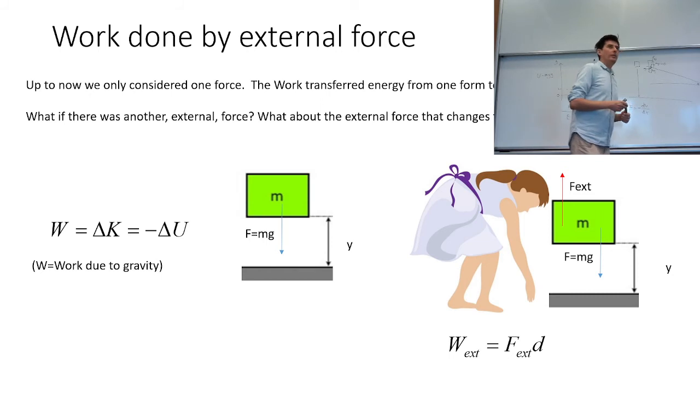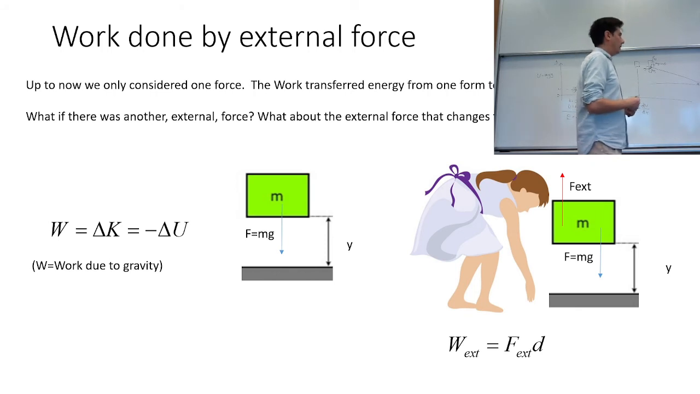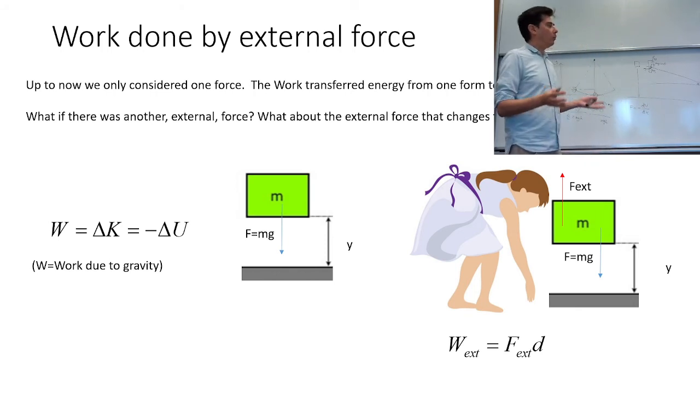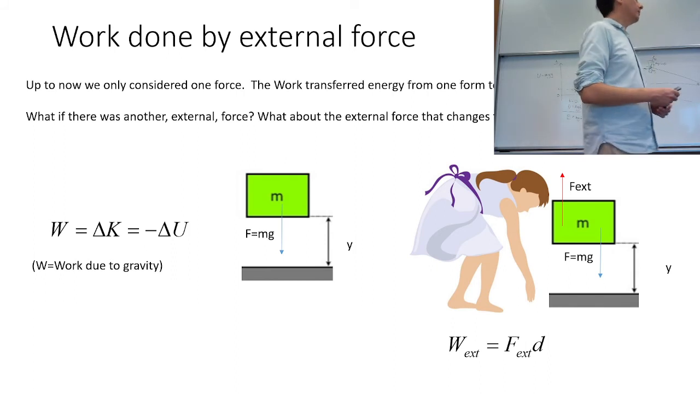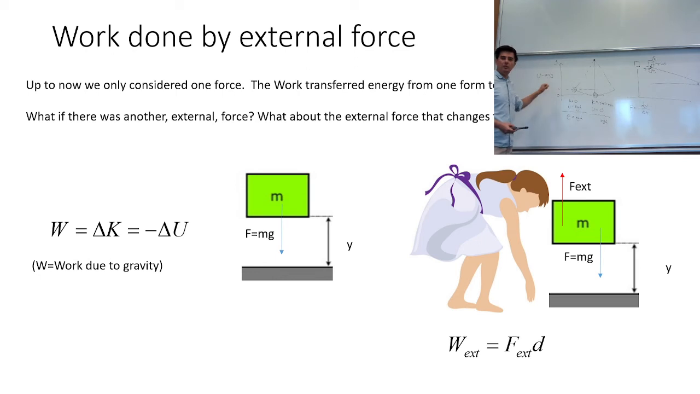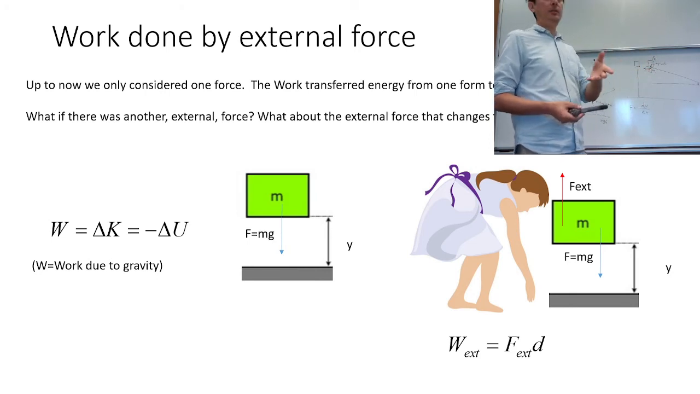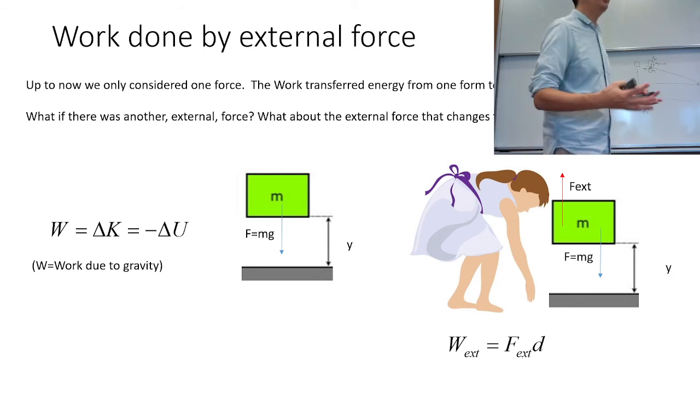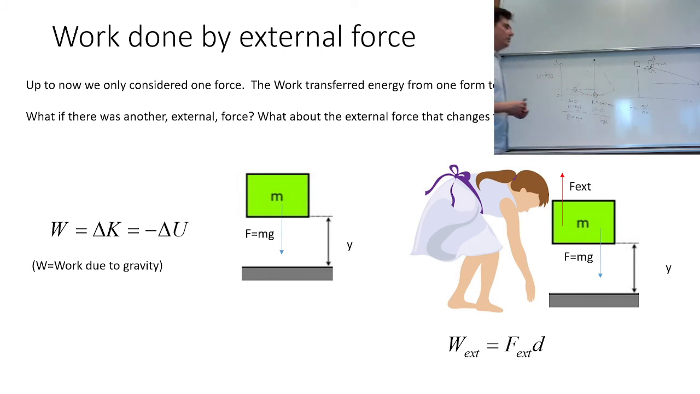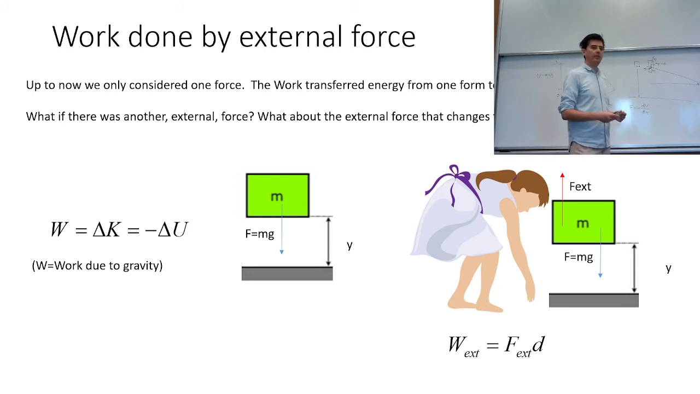So finally, we are going to look at the work done by an external force. Up to now, we've only considered one force, and the role of that force was to transfer energy from one form to another. Say in the gravitational potential energy example, that force was responsible for turning kinetic energy into potential energy. In the case of the spring, the spring force turned it again from kinetic to potential energy. But of course, there could be other forces,